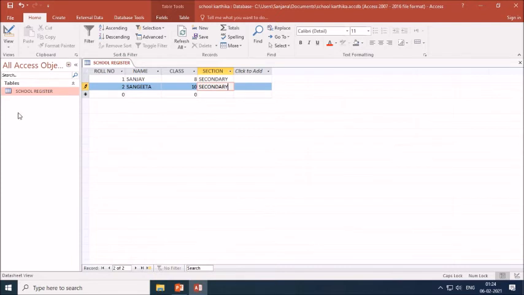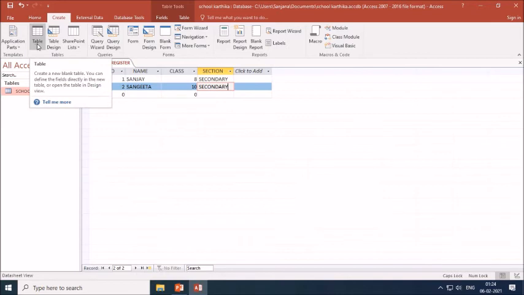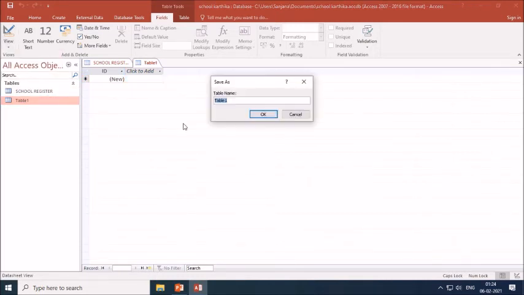So for creating a new table, click on the create tab. After home you can see there is a create tab. Click on that and select from the tables ribbon. Select this option, table. Click on this. You can see table 1 is created here, a new table. Now give the name to the table. Click on table, go to view and select design view to give the table name.